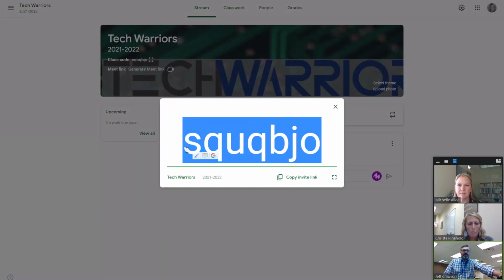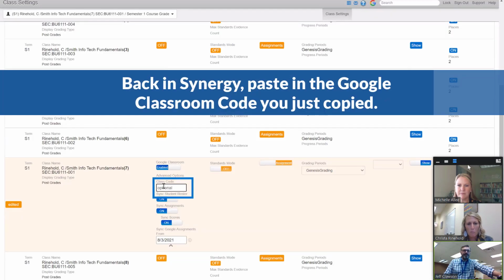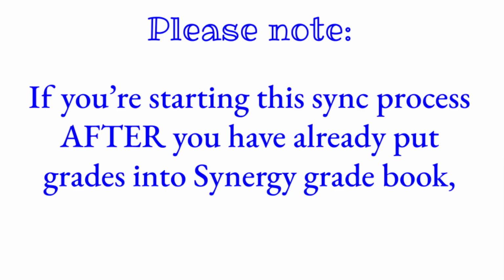All right, so we'll grab that, copy it, highlight that field there, and we'll paste it to replace. Okay, so we've got a nice note here in Jacob Phillips' guidance where he says if you're starting this sync